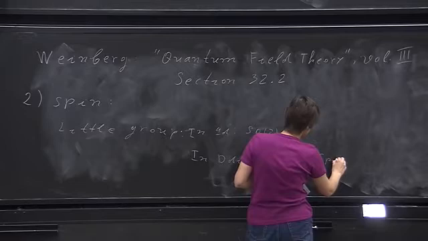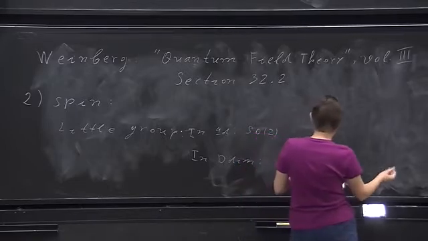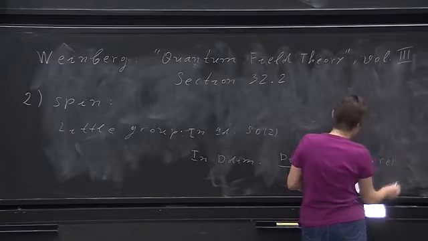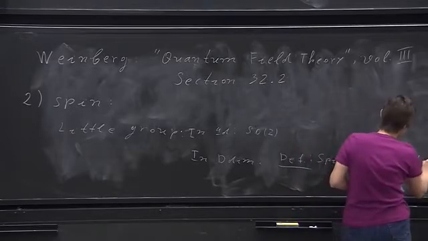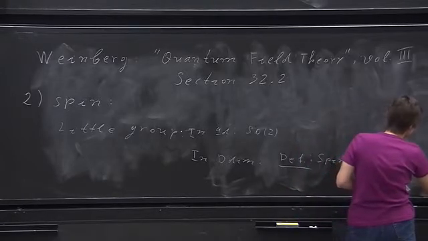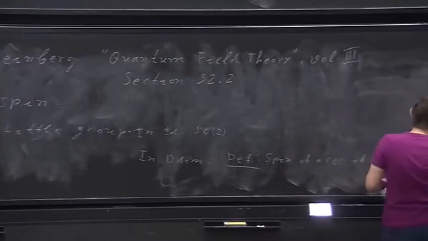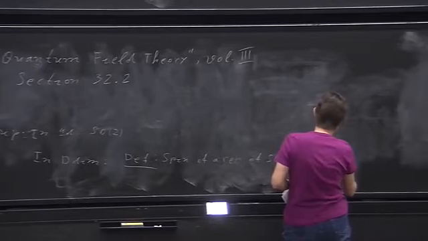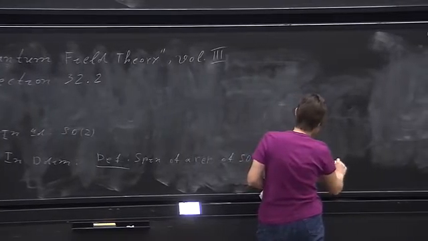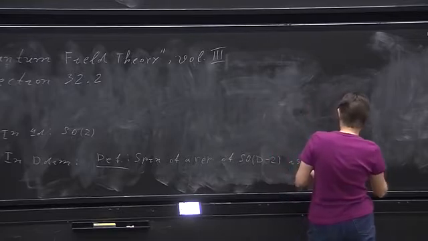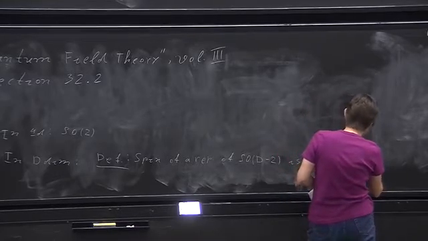spin of a representation of the little group, which is SO(D-2), is the maximal value, the maximal absolute value